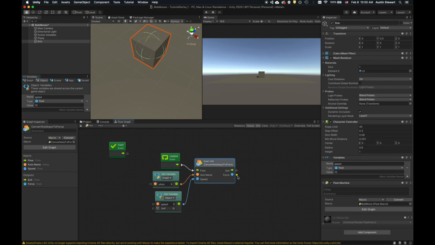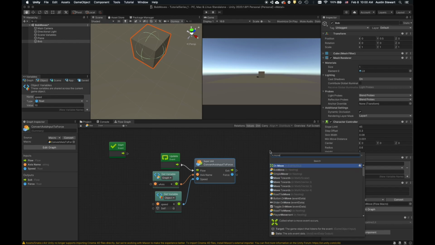And we'll talk about what's going on and why in a little bit. So this is all coming in. Now we have this force that's going to come out, and we have our flow that comes out. And so what we need to do is we need to be able to move our character. And so if I add a unit and I just type in move,